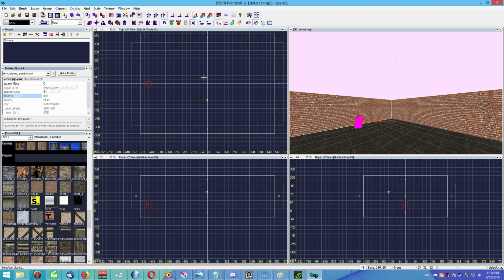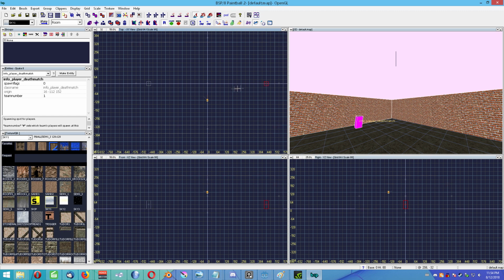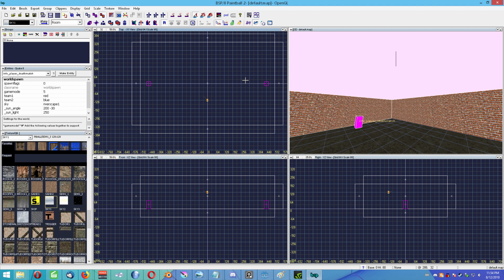Now let's duplicate it using spacebar, put it on the other side, and set team number to 2. And we'll also add a key pair for angle and set that to 180. You'll notice that added an arrow indicating that this is facing to the left. That means the spawn point will be facing this direction when the player spawns in. So now we have 2 spawns,